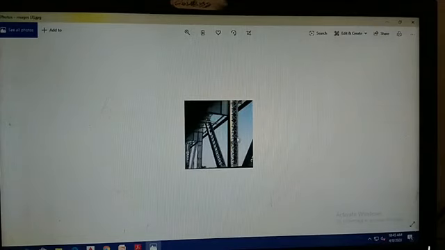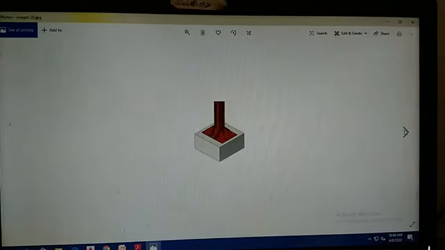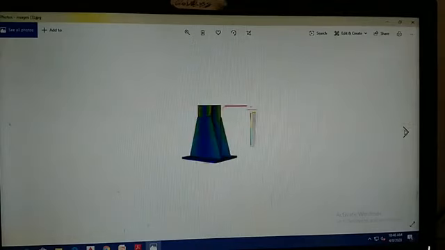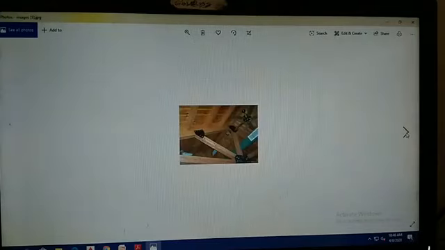You can see lacing in railway stations and in major bridges. This is called a gusset base. This is a gusset plate which is connected to rafters.